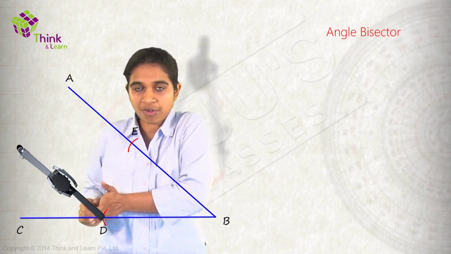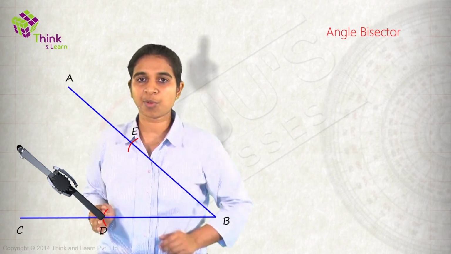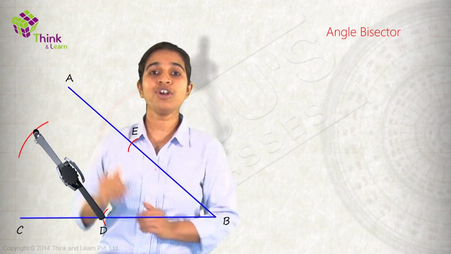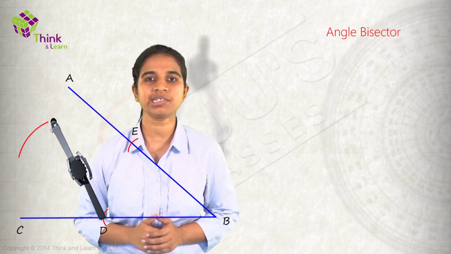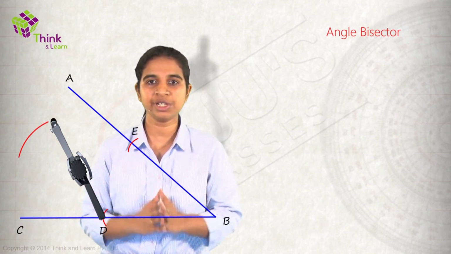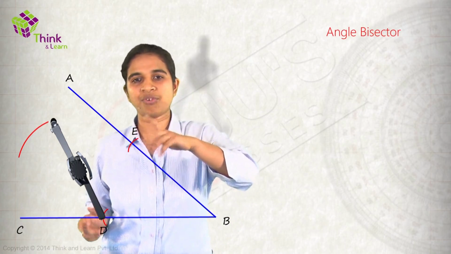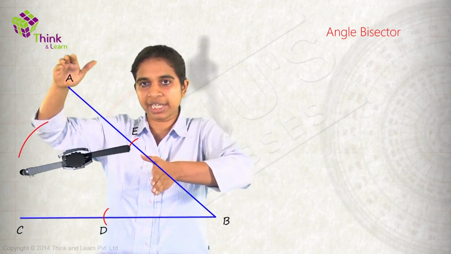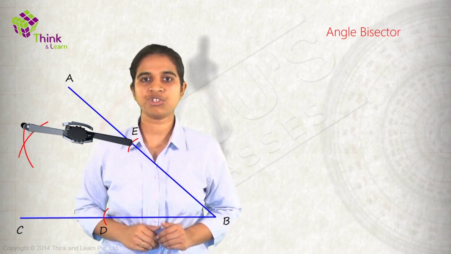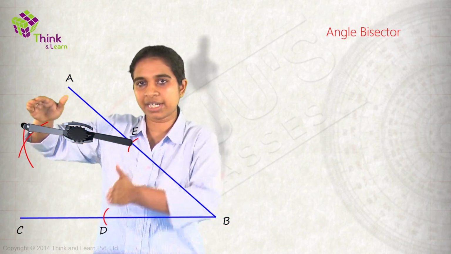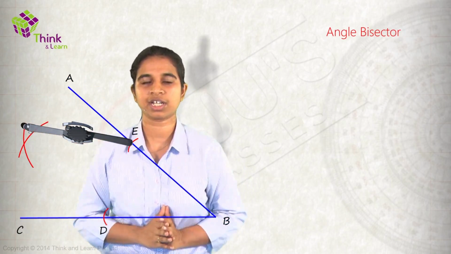So you've moved the leg of your compass to this point D. Now keep the same distance and mark an arc. You don't necessarily need to keep the same distance. Technically, the distance you need to take has to be more than half of DE. Move your leg from D to E, mark another arc. Right? So we've just kept one distance in the compass. We marked the whole arc, moved our leg here, marked an arc, moved our leg here, marked another arc.